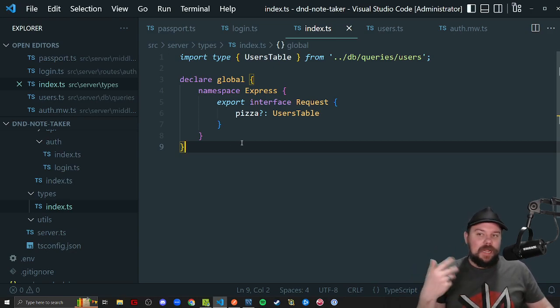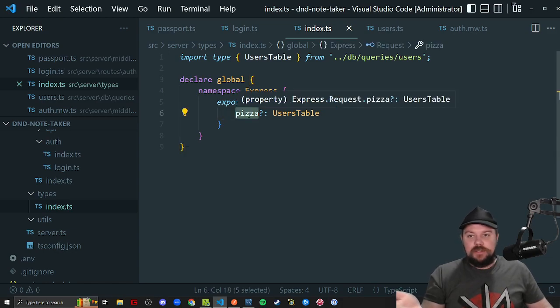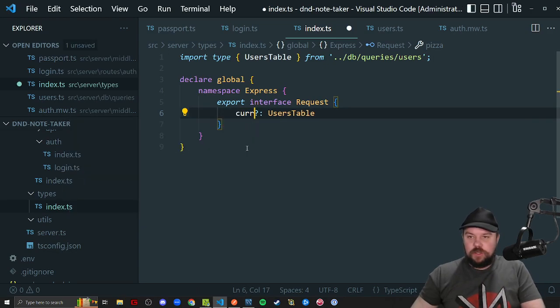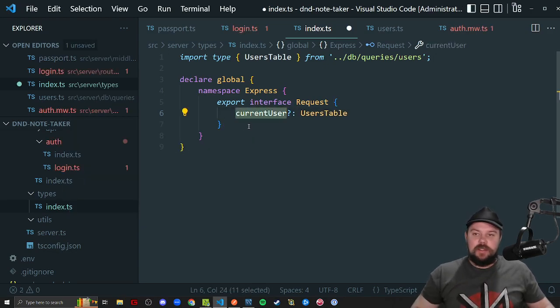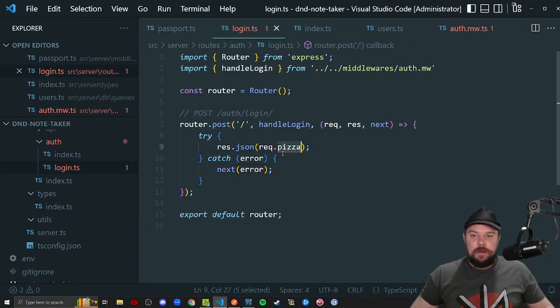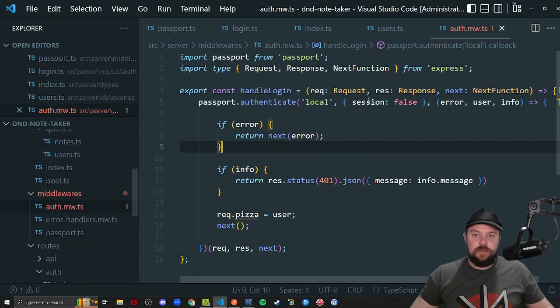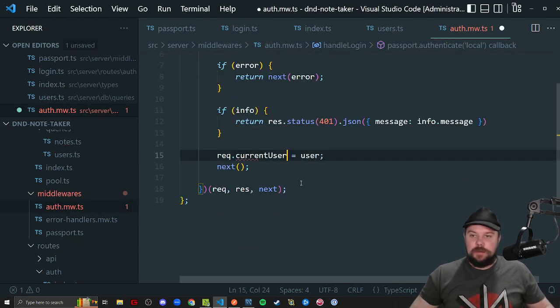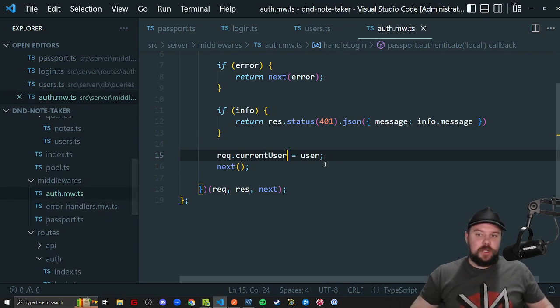like that. Now, pizza, not a great property name. There is a property called user that you could co-opt as well, but I'm going to call this one maybe current user instead to represent this value, because that's what it's going to be representing, our current logged in user. I'm going to go to my types there. There we go. Yeah, that's such a cool trick to know how to do, to tell TypeScript universally that, hey,